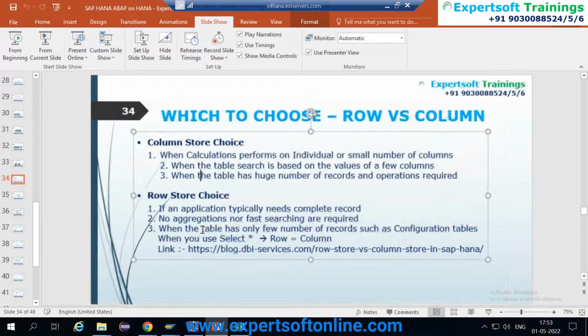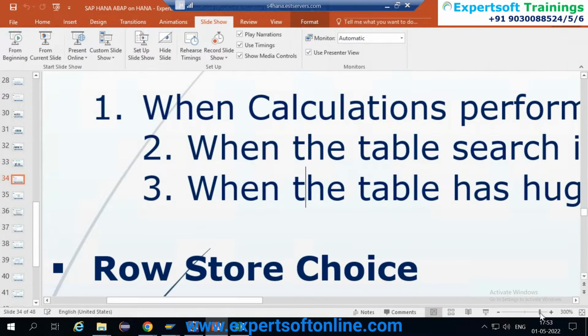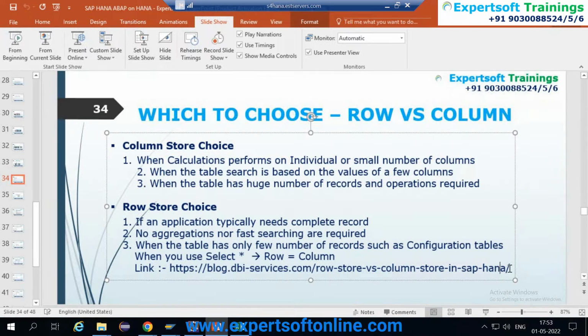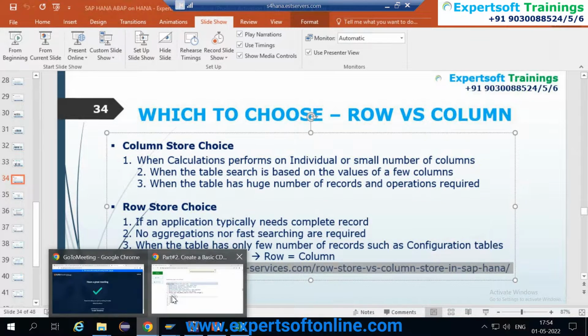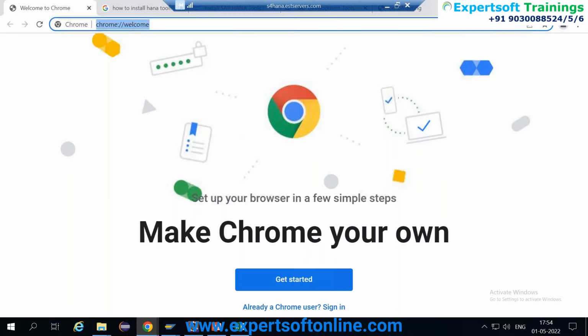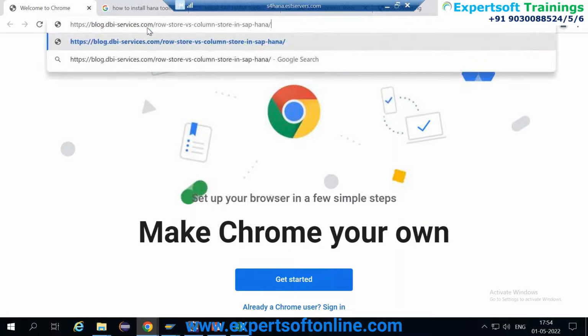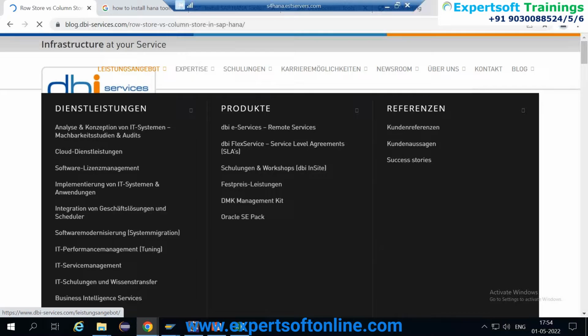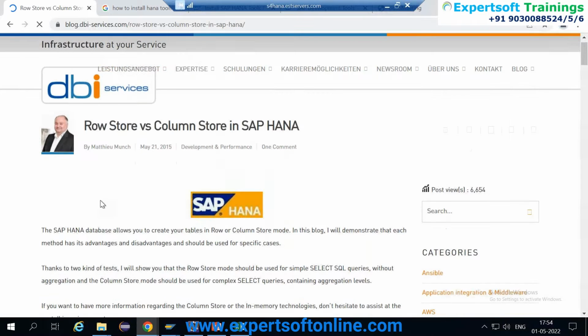There is also a link which can help you understand it better. I can explain it to you also. This is a link I have found for you. This is a blog on row storage versus column storage.